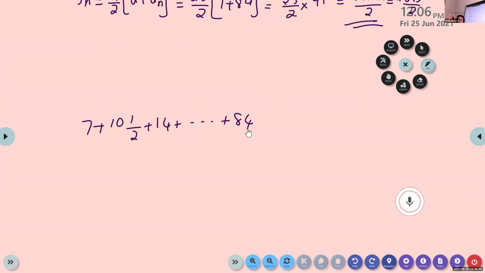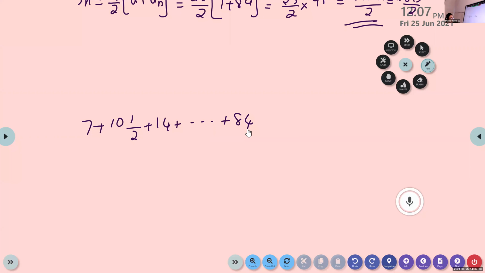We are given a series. Last term is not given, but they mentioned sum of 10 terms, sum of 11 terms, sum of 100 terms. They mentioned you have to find the sum of this many terms. But in this question, n is not given. They are just saying you have to find the sum of this series. But the last term is given. If the last term is given, we can find the number of terms. We know how to find the number of terms in this series if first term, last term, and d are given.